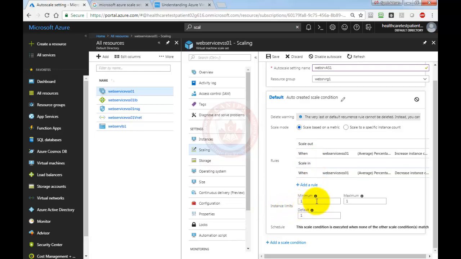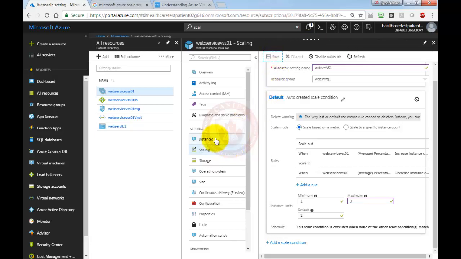Now here we need to set up a minimum and maximum limit for the scale set. Minimum there will be only 1 VM, maximum there will be 3 VMs, and default is 1 VM. So one remains the same. Which means that if the scale set is working and we have 2 VMs in the scale set, it should automatically remove one of the VMs. So here I'm just going to keep 1 minimum and 3 maximum. So save. As soon as the rule gets updated,